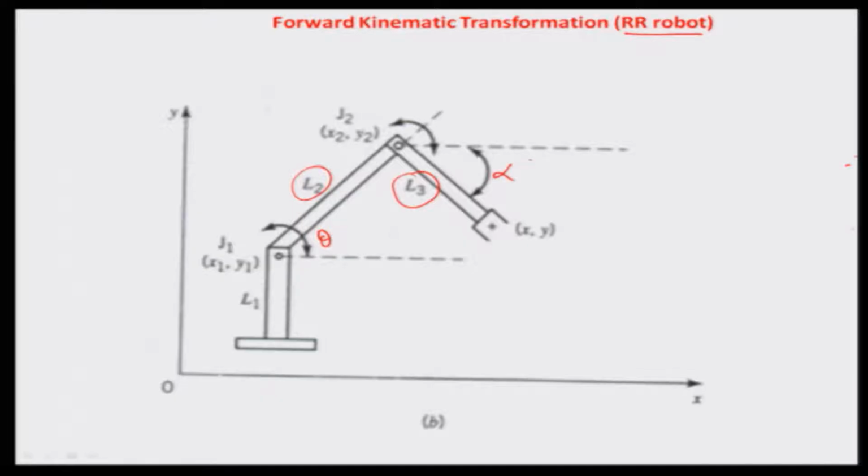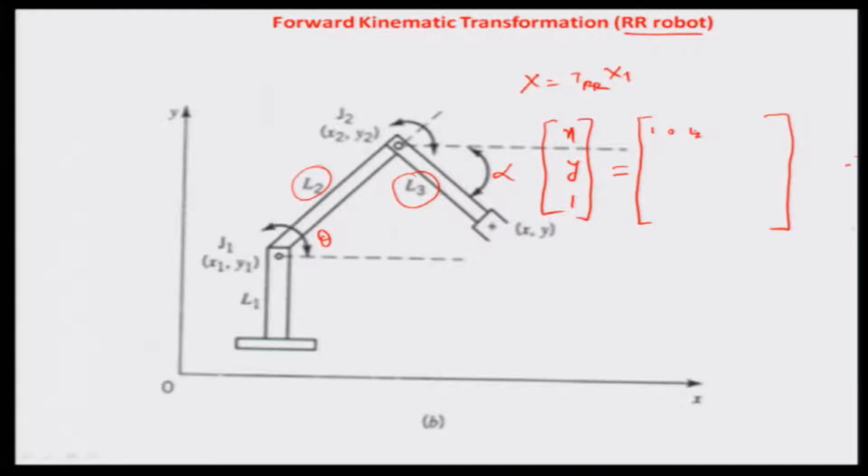Okay. So, having said that, now there would be an existing transformation, and we can write this equation as x equal to the transformation matrix of this double rotation TRR times of x1, where x becomes the end effector space, which is x, y and 1, and the TRR in this particular case becomes equal to 1 0 L2 cos of theta plus L3 cos of alpha minus theta and 0 1 L2 sine of theta minus L3 sine of alpha minus theta,